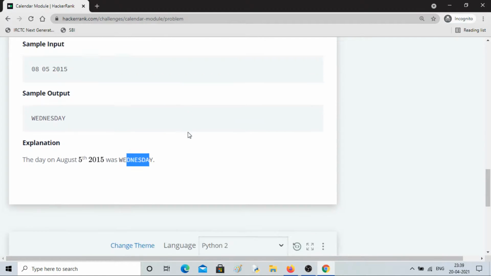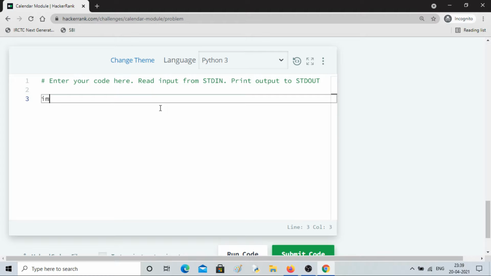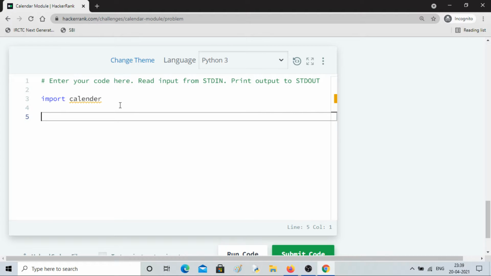So for any date you should be able to find out the day. Okay, so let me do it in Python 3. Now as always, first we should import calendar, and then we have to use weekday.